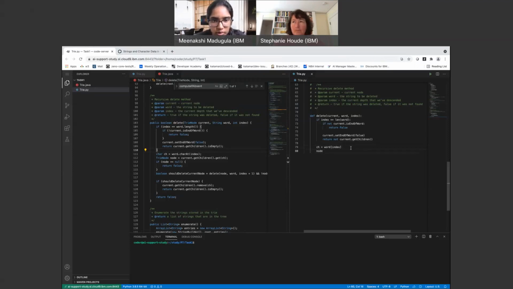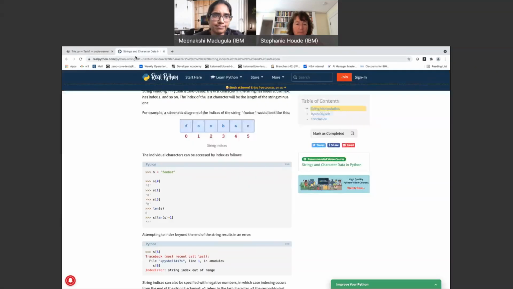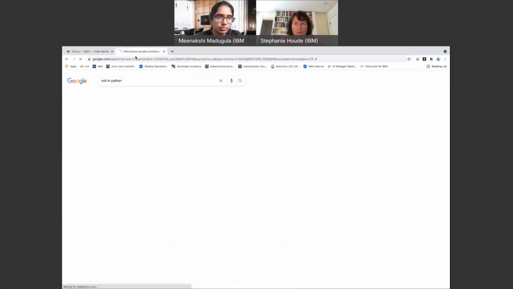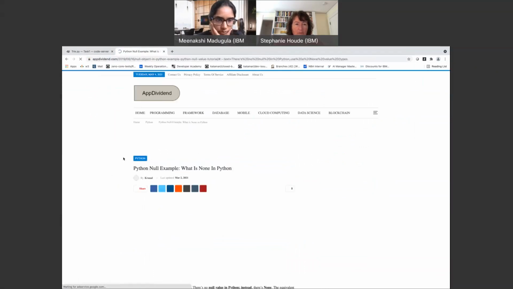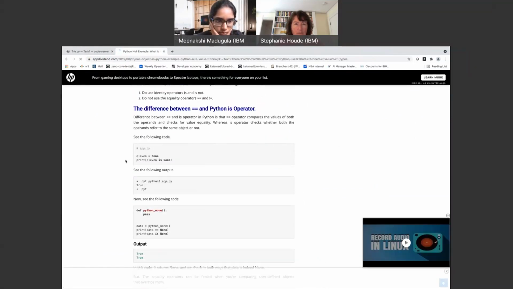Node equals current dot children dot exceed should be fine. Node equal to rows. Okay, and